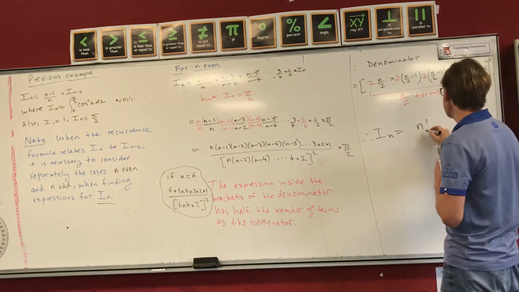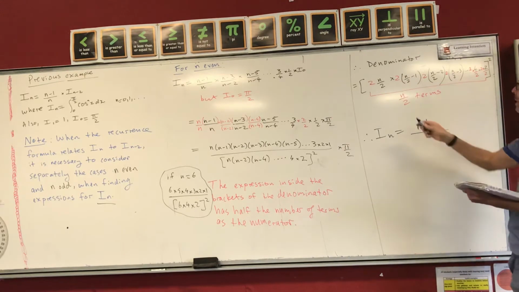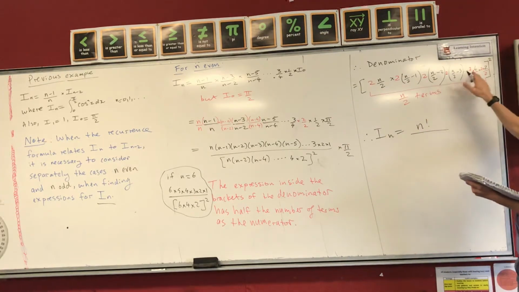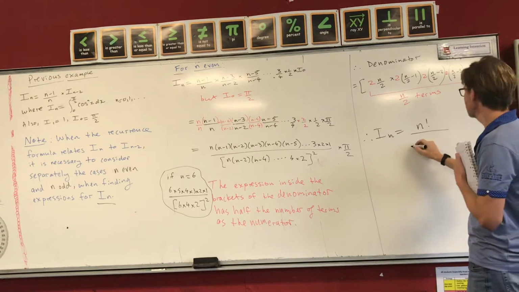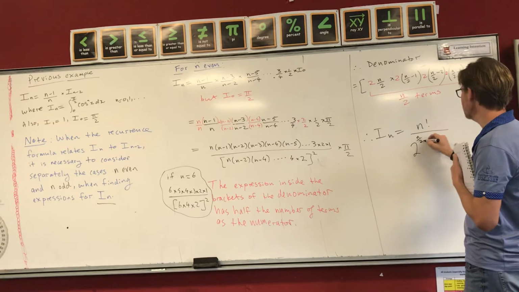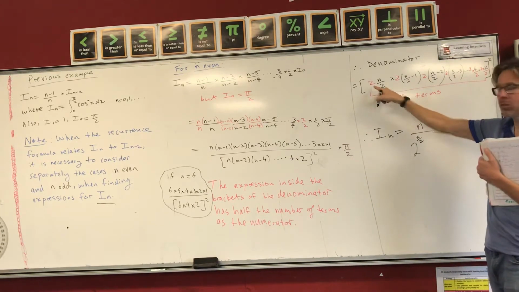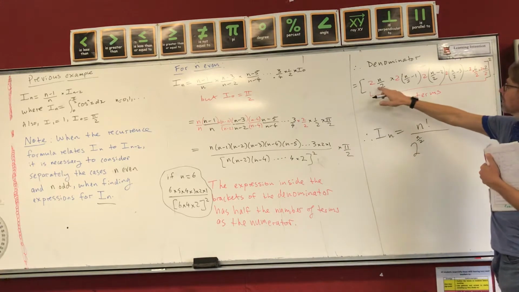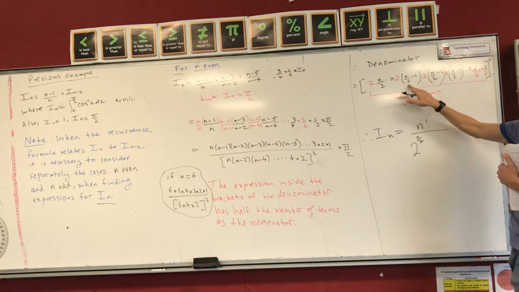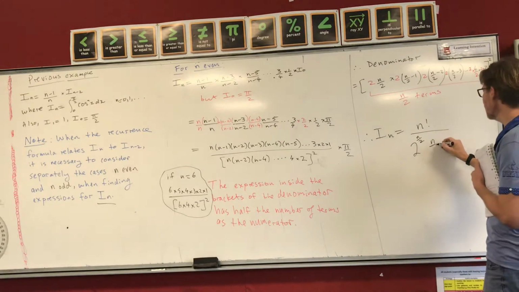That's nice and easy. Okay, and for the denominator, it's a little bit harder. Now, look at all the 2's there, all the red 2's. How many red 2's do I have? Right, well, it'll be 2 to the n on 2, because if there's n on 2 terms, there'll be n on 2 2's. So 2 to the n on 2. And the other interesting thing about this is, look, n on 2 minus 1, n on 2 minus 2, n on 2 minus 3. That is n on 2